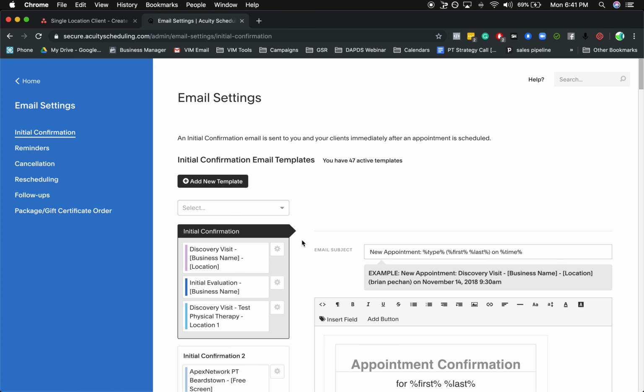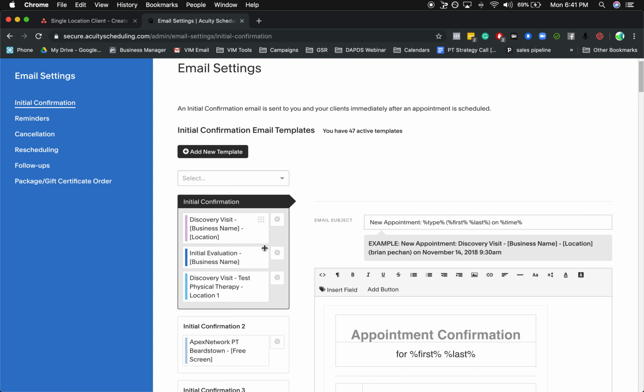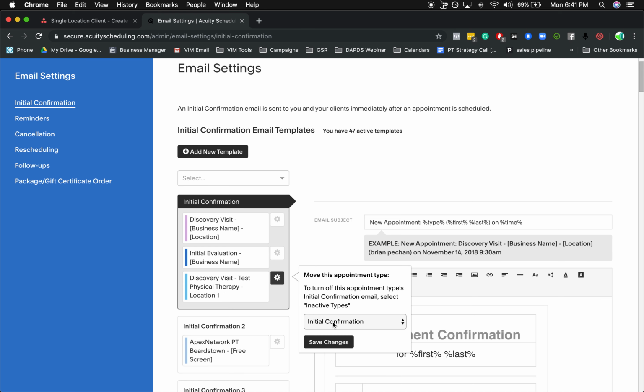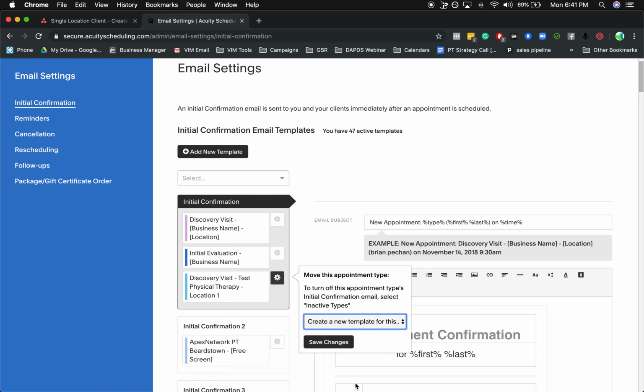Once you're in Email Settings, you'll see this initial confirmation box, and your appointment type will actually show up here and automatically populate in this initial confirmation box. Now this is actually not what we want, because this template is, again, just a template. It doesn't have any correct information for the practice. So what you'll do is, next to your initial appointment here that you've created, click on this little gear button, click on the drop-down menu, scroll to the very bottom and choose Create a New Template for this, and then